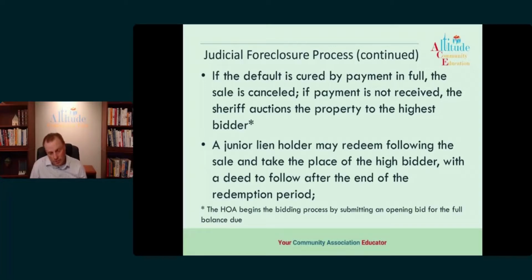So again, going back to the bidding process, the paper bid where we're at currently today, the association only has to put up what is owed. If no one buys it, then the association gets it, again, subject to a first mortgage or the other priority liens that we talked about briefly that aren't very common.